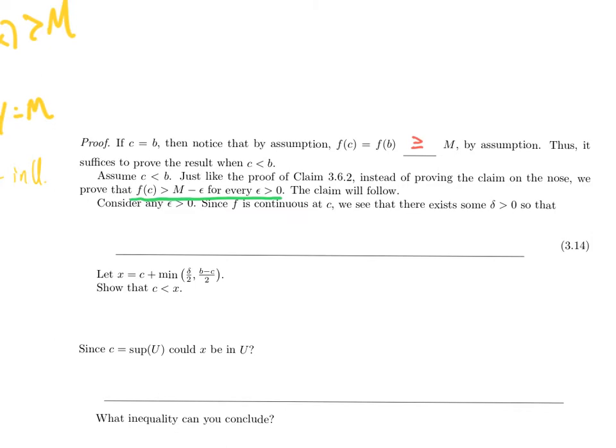All right, well, let's do it. And this will feel very similar to what we just did. Let's consider any epsilon bigger than 0. Since f is continuous at c, it follows that there exists some delta corresponding to that epsilon, which satisfies that